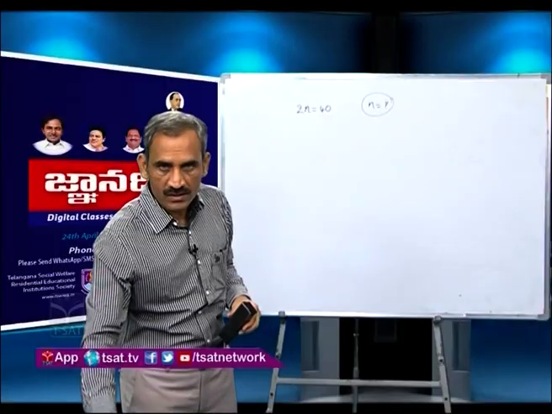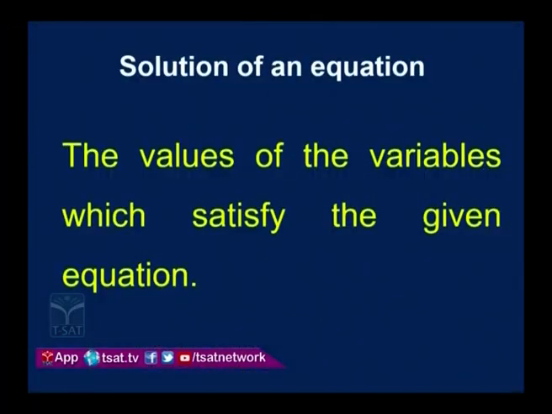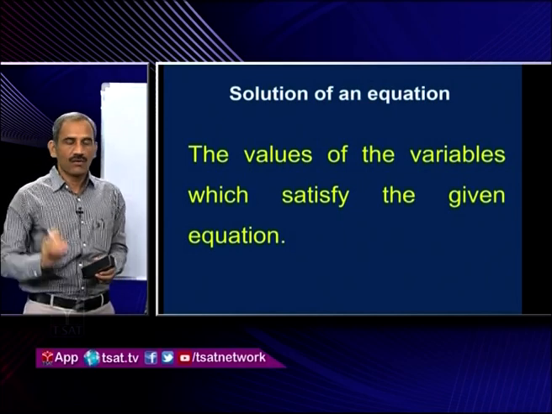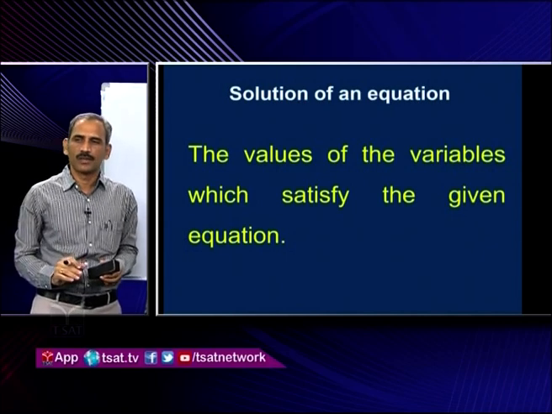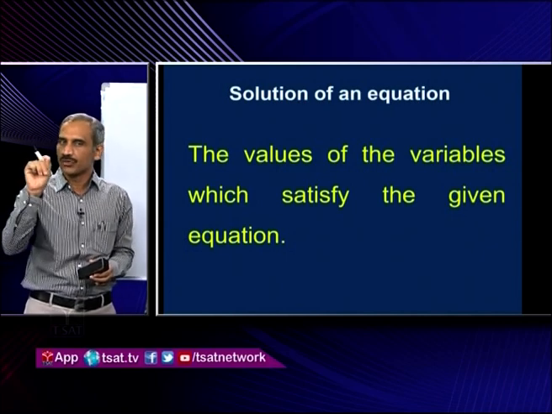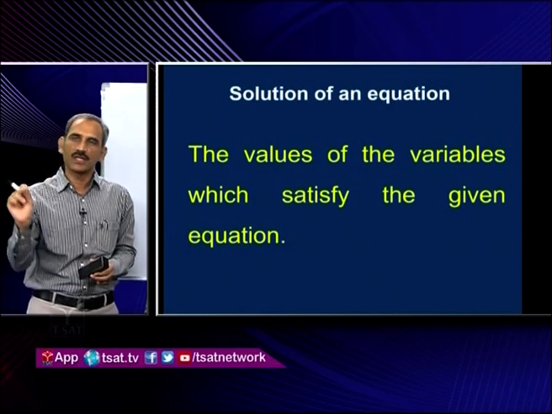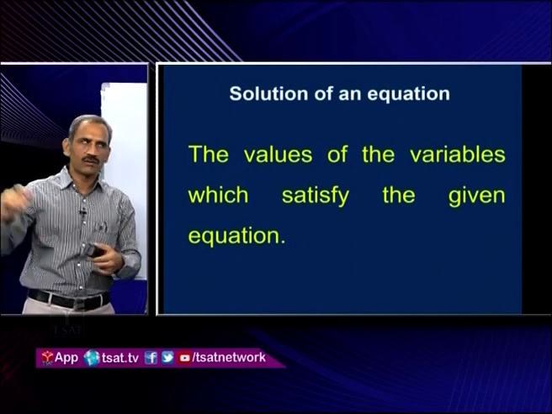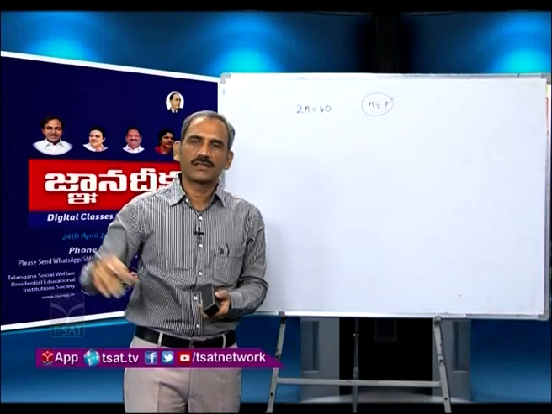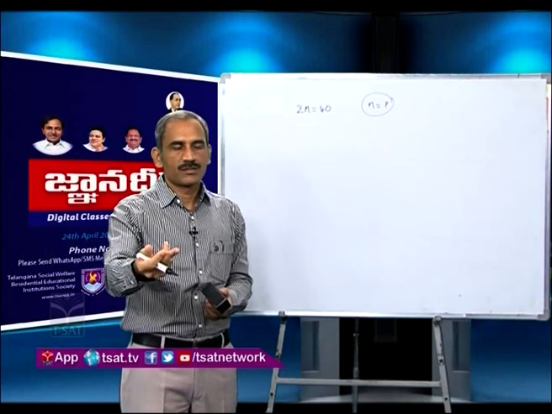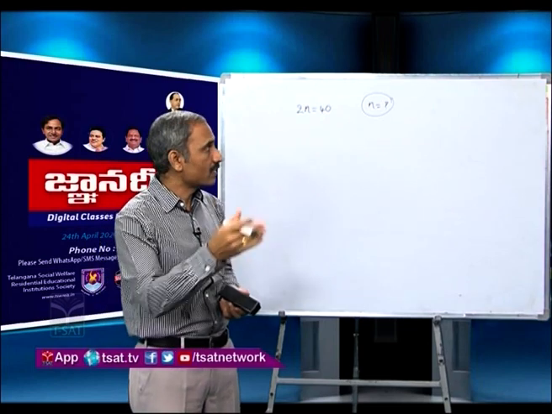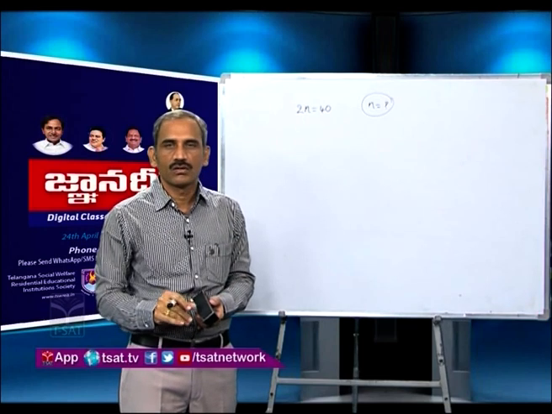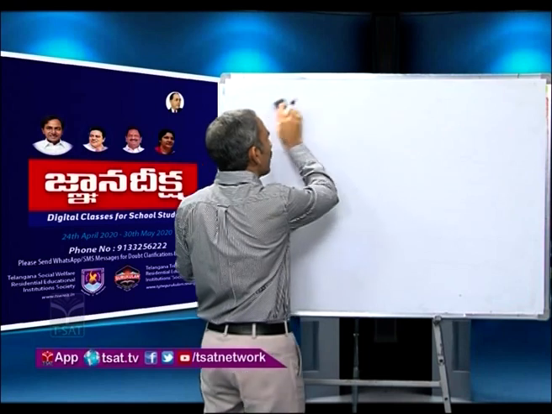So, now let us go to this. The value of the variable which satisfies the given equation is known as the solution of an equation. This is very important. Everyone will find the problem, but finding the solution, or telling about the solution, is very important, right. Everyone will tell about the problem, that this is not good, that is not good, like that, but explaining the solution is very important. Like that, in our algebra and in our equations also, finding the solution is very important, right. Now, how can we find the solution?